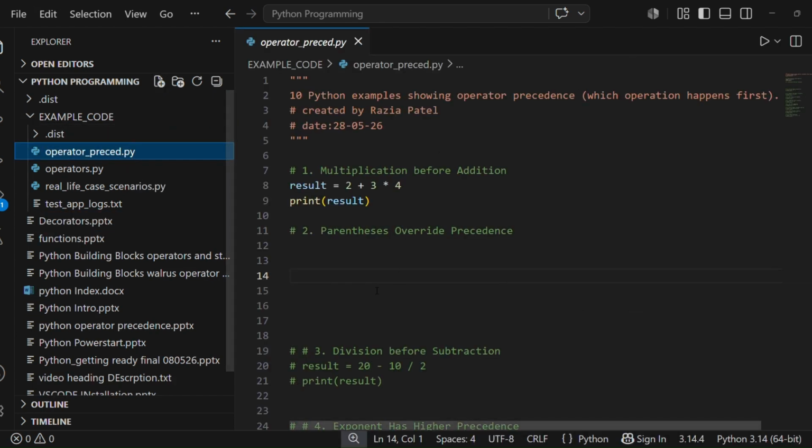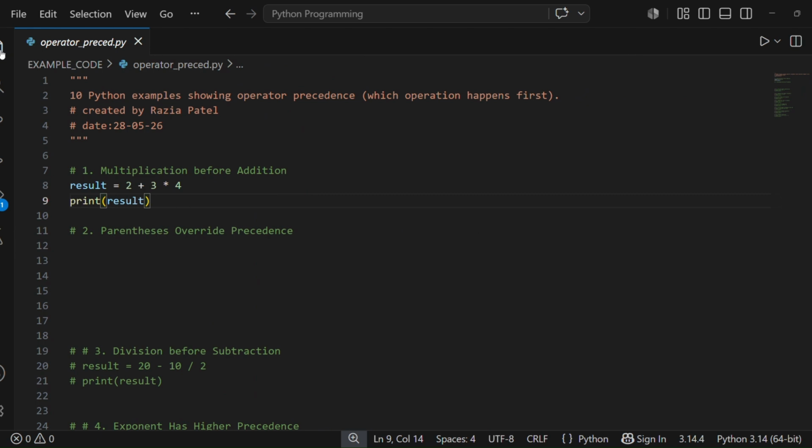Now for me, I have already created it here. So now I've opened it and this is what you see. I don't need the Explorer, so that I have a full window for a better view. In this I have already written comments. We have talked about comments. You should always write them, it's a good practice. You should write what exactly this code is all about. This file has 10 Python examples showing operator precedence that we did yesterday. We did the theory part yesterday, and I explained with examples how things work. I want to show you how exactly these things work in Visual Studio, that means how Python executes it.